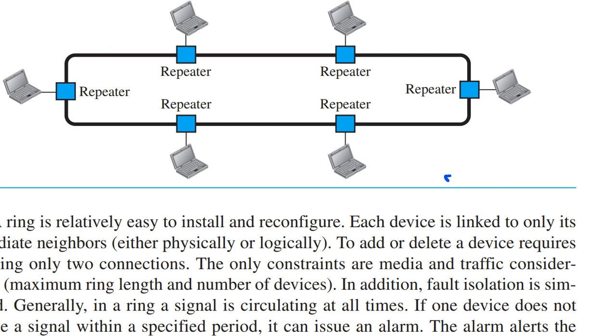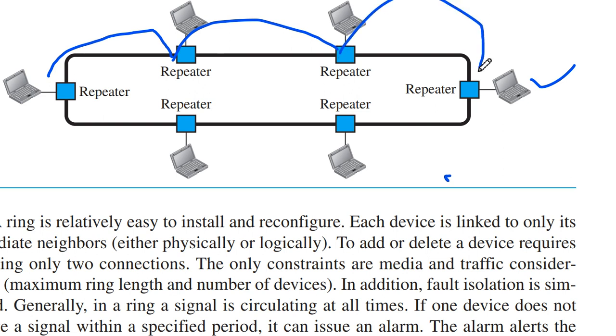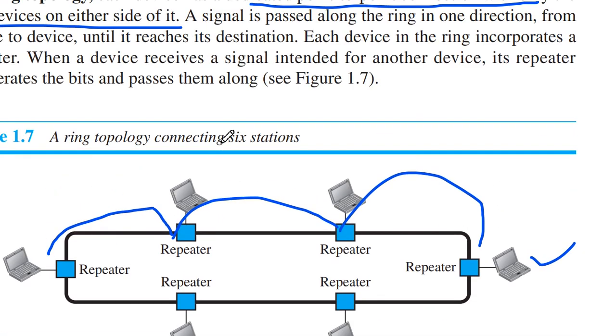Okay, see, I will draw here. From here to here data can be sent. Say for example, from this PC to this last PC, if you want to send the information, it goes here. This repeater identifies whether the signal is proper data to accept. If it is not, it will send it on. It will check if the data is what this system wants. If it is not, it will send it to the next. In this fashion it goes on sending data in a single direction. So this is the connection of the ring topology.